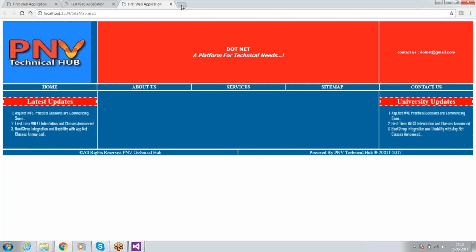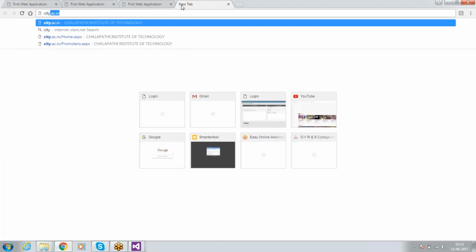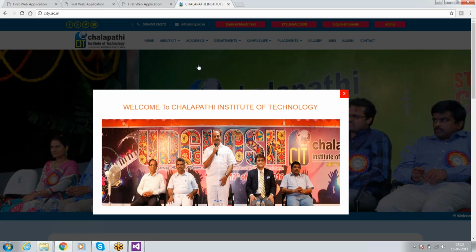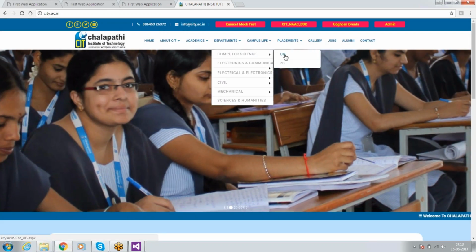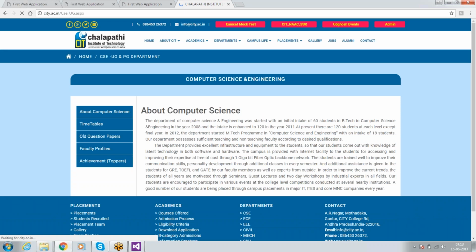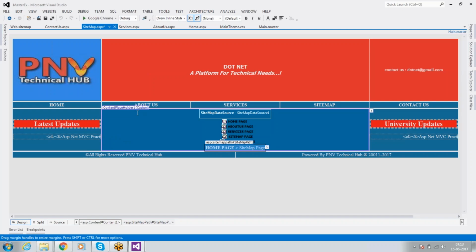If I want to open this page here, you are in department, so from department page you are in computer science. This is nothing but your menu itself. Wherever you are transferring your information from one page to another page, this is your sitemap path, from which page to which page you are in.